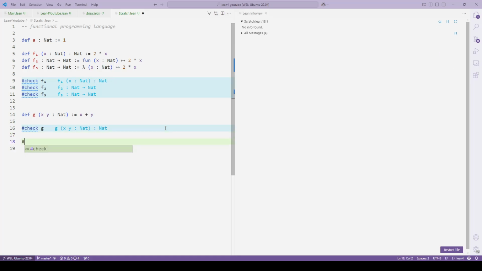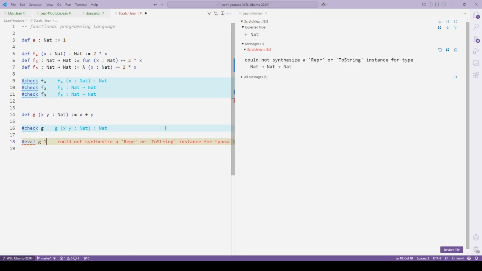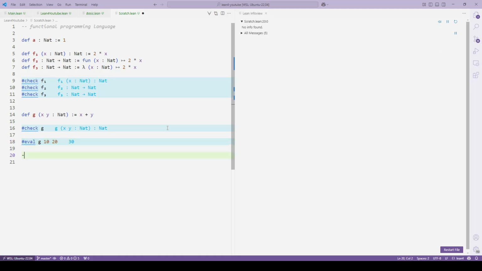We can evaluate this. Eval G 1 2, you get 3. We can do G 10 20. We get 30 as usual. But one thing is, it's done in almost every functional language. That is, we can do something called currying,